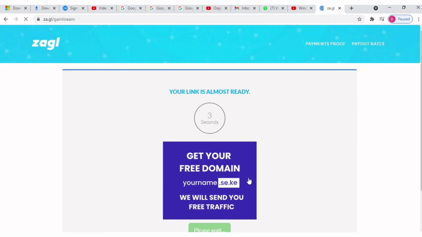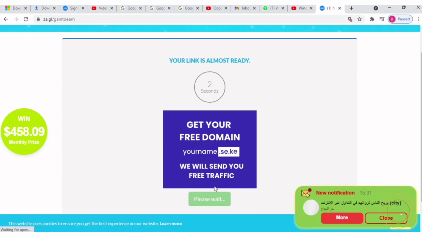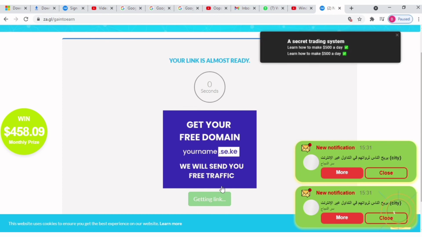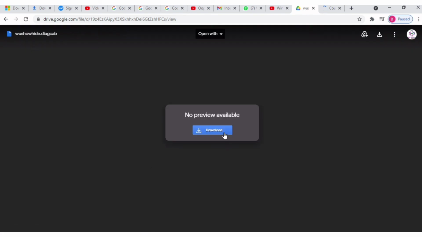In that pop-up window it will show 3 seconds. Okay, once it is at 1 second, then you can click get link over here. Okay, yeah, get link, just click get link, and you can go to the window before. Don't wait, it is loading, just click and one window will open, and over here it will download. Okay, click download, and it will be downloaded over here.